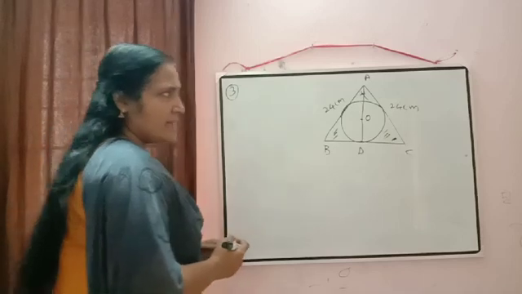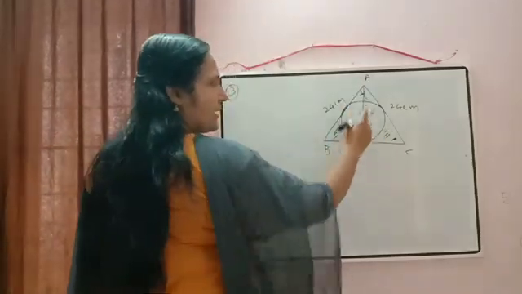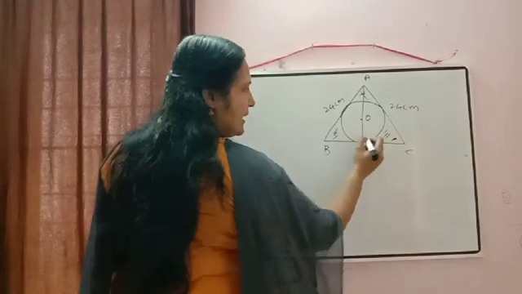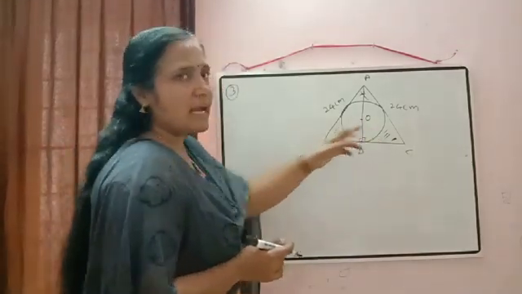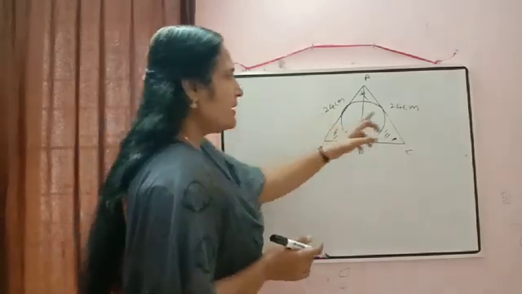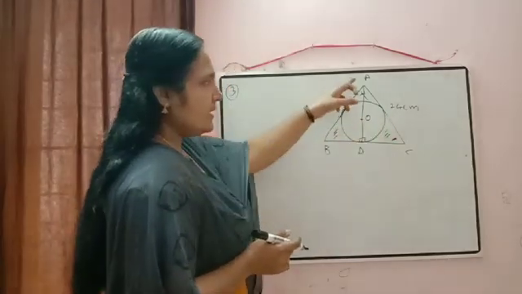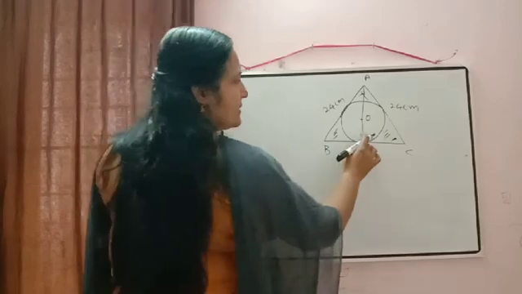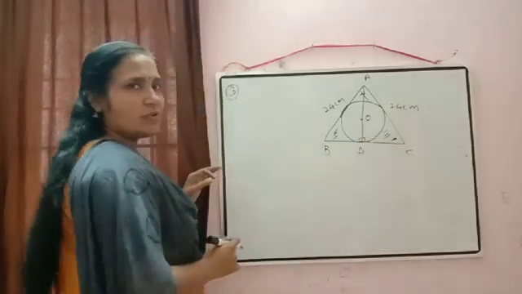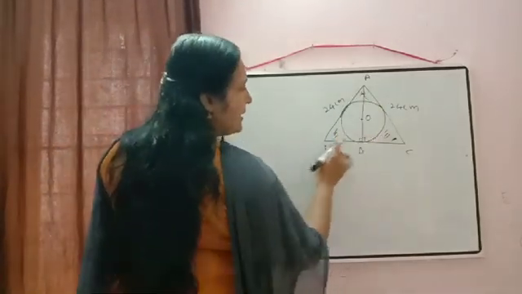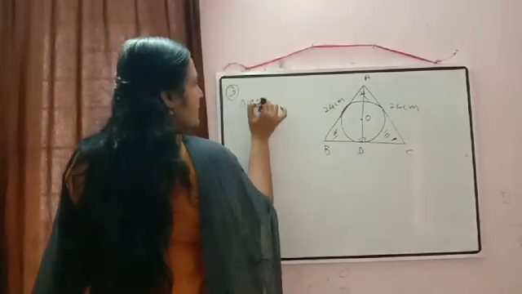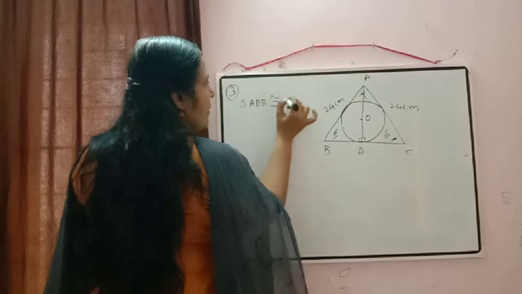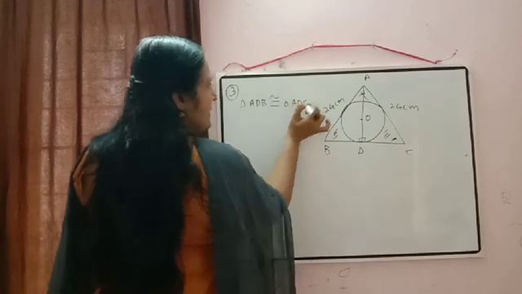Now just to check here, it is an equilateral triangle, and when I have drawn AD perpendicular to BC, any relation will come in these two triangles? Yes, AB is equal to AC. This is the common side and this is perpendicular. So what we can say? Triangle ADB is congruent to triangle ADC.